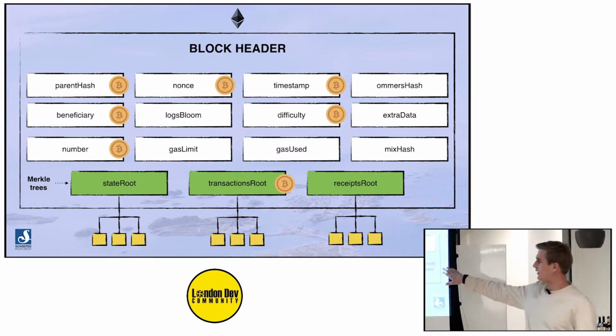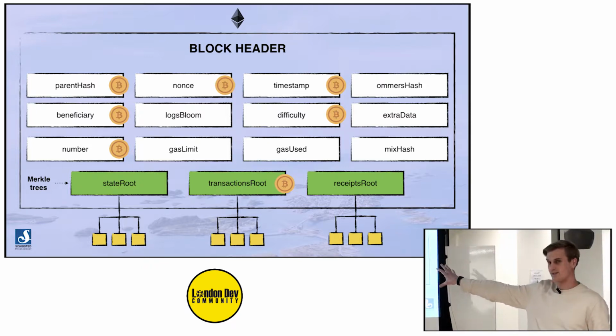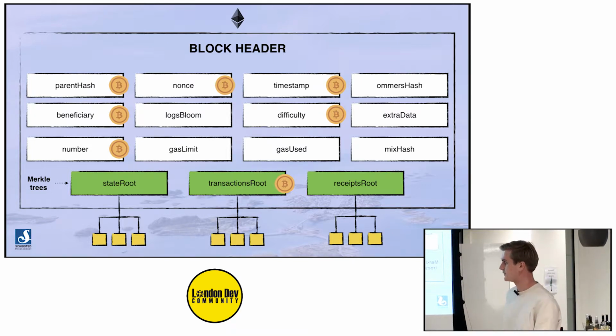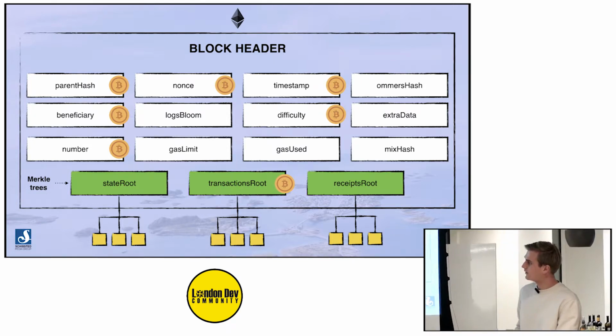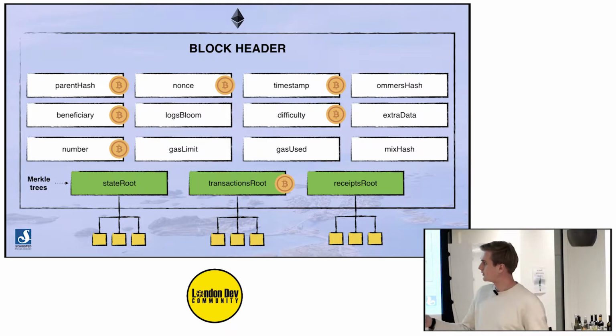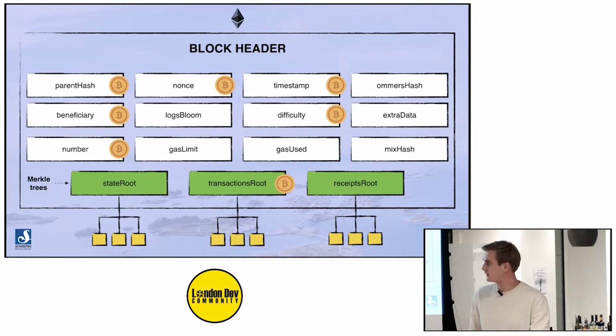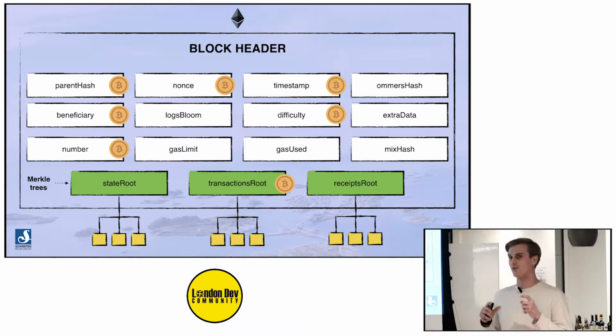And then you have some Merkle trees. I'm not going to go into the details here, but I'm just going to explain the concept. So you have the transaction root. This thing is similar for Bitcoin. Ethereum has state root and receipts root as well. I'm not going to go into the details. But this is basically a fingerprint, a hash, which is a fingerprint of all the transactions that happened in this block within these last 15 seconds.